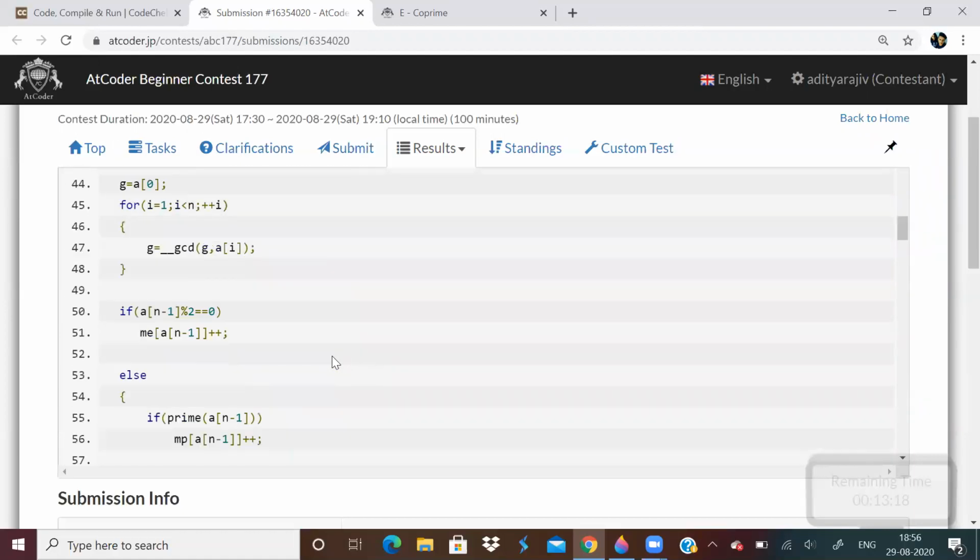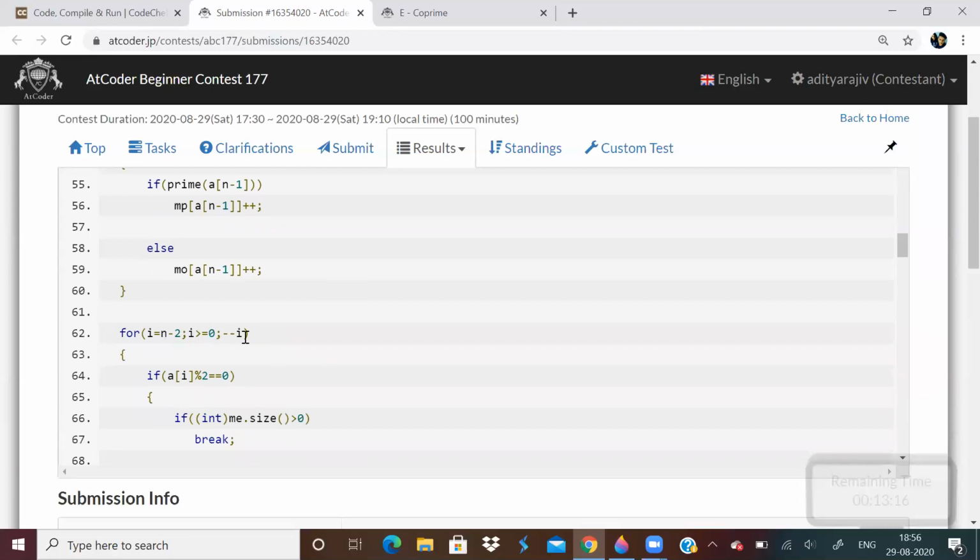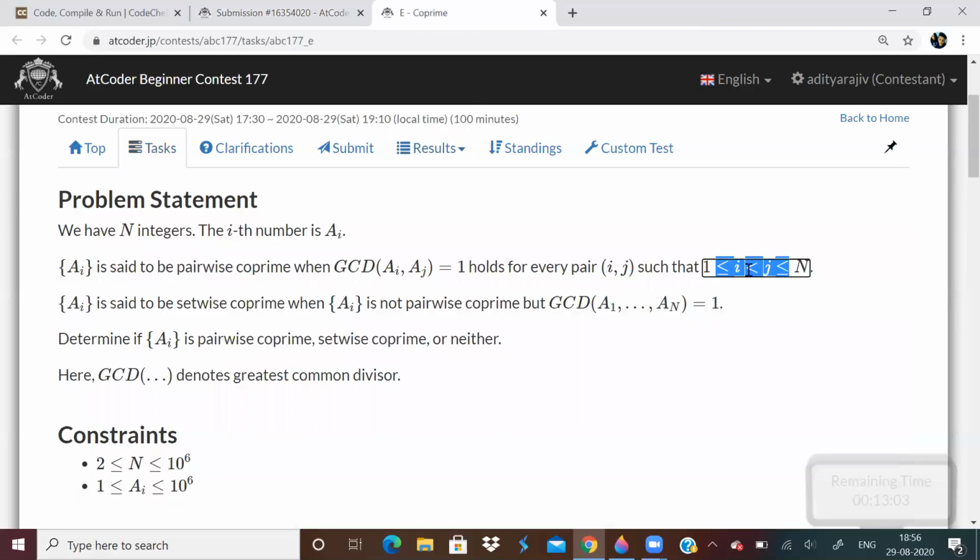I'll tell again why we are checking from behind: because our work is done faster. You will avoid TLE. I do not know any other method as of now, but I prefer to traverse from the back side, because this condition has to be satisfied.